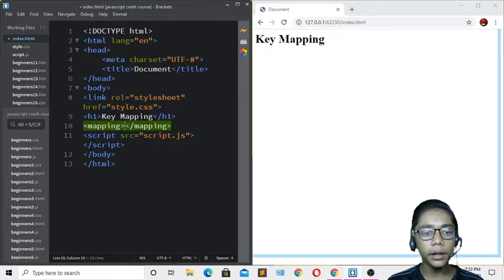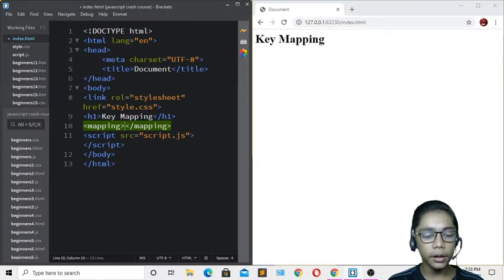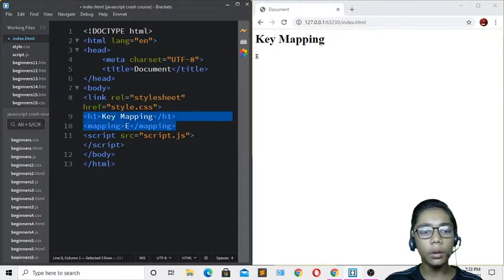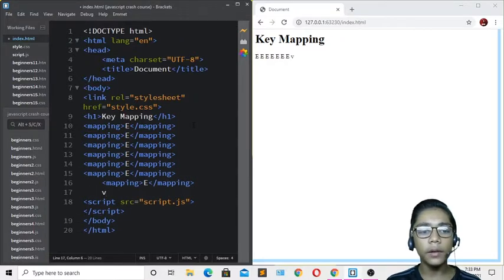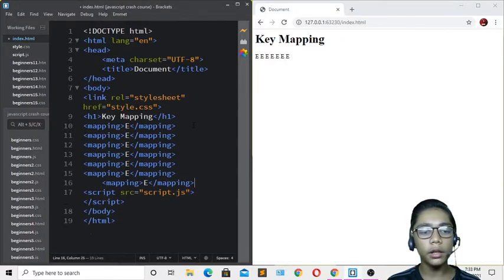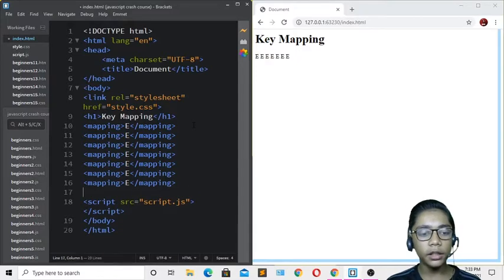Then over here I'll be creating another thing, I'll be writing e. When you've defined these all, I'll be copying that now, copying that over here, then pasting that like that. I'll be pasting that many times. So over here you have to press control Z, then you have to paste that again.